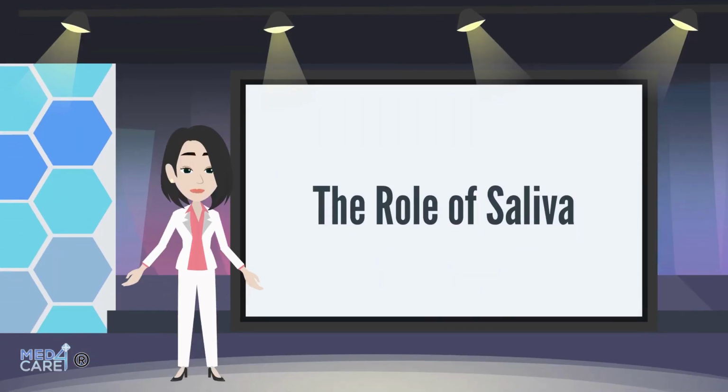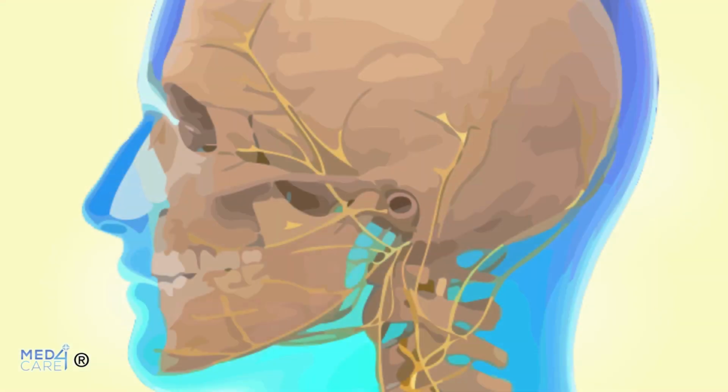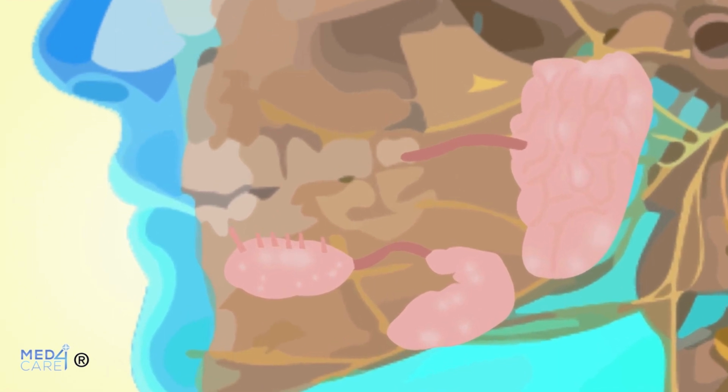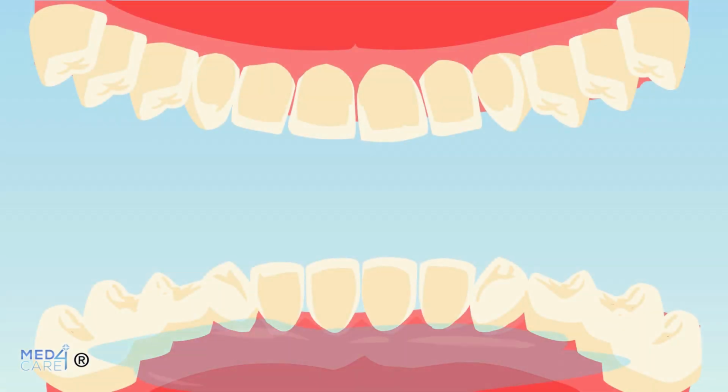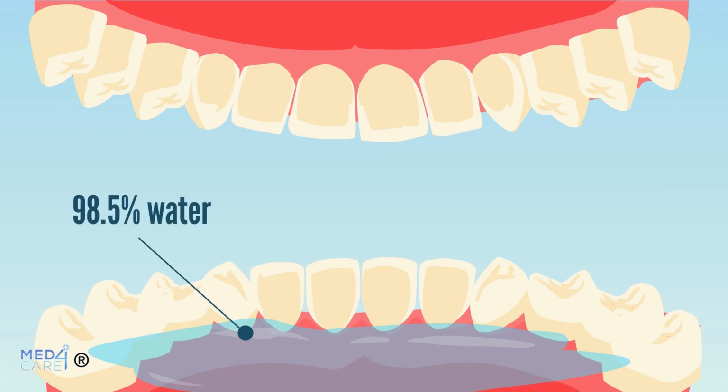Before continuing with Sialorrhea, let's take a closer look at saliva and its role. Saliva is the liquid that is processed, produced, and secreted by the salivary glands, mainly the parotid, submandibular, and sublingual glands. The chemical composition of saliva varies according to the type of secretion carried out by the gland, but in any case, it is made up of 98.5% water and, to a lesser extent, some ions, proteins,